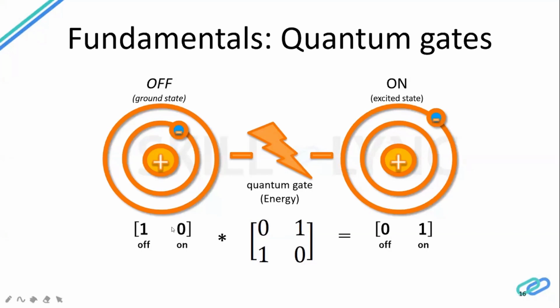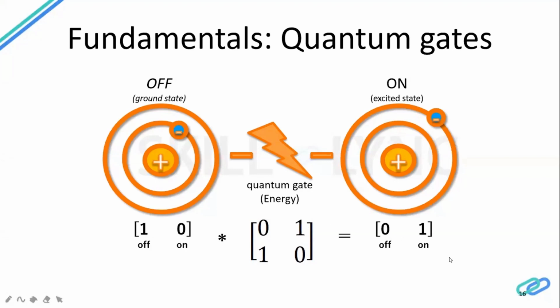See, when I have 1 0, which means it is off state, because this off has a 1 in front of it. And when I have a 0 1, which means I am in an on state, because this on has a 1. To convert a 0 state matrix to a 1 state matrix, I have to multiply it with a 2 cross 2 matrix, which is a NOT gate. Just check multiplying this. When I take this and multiply, I will get this.